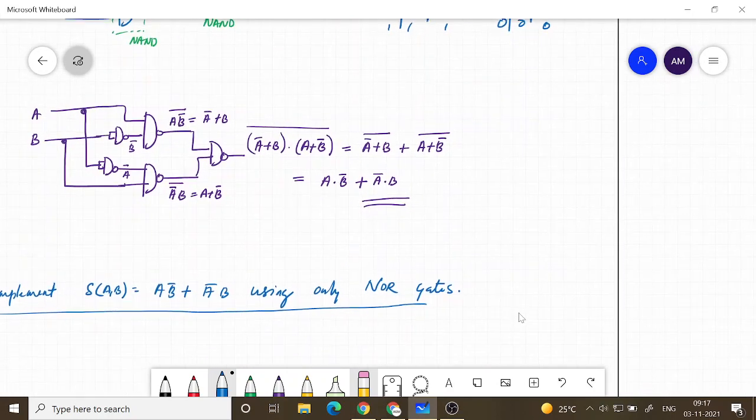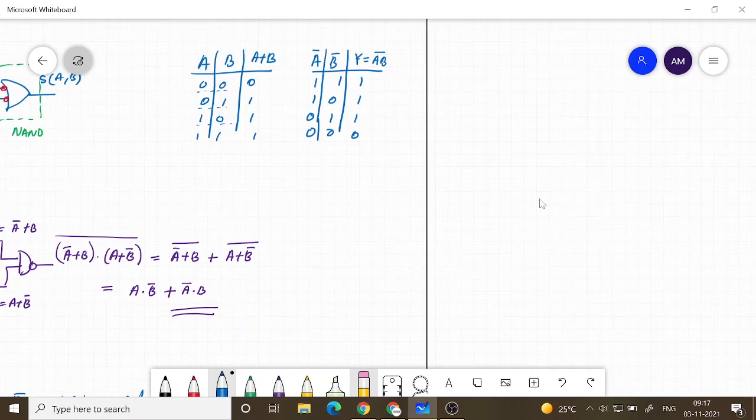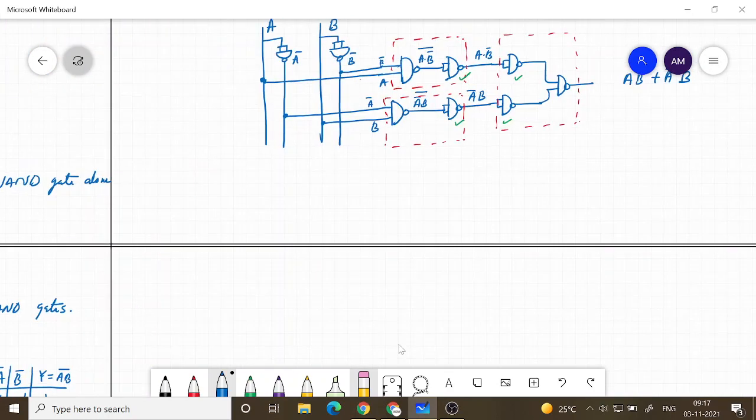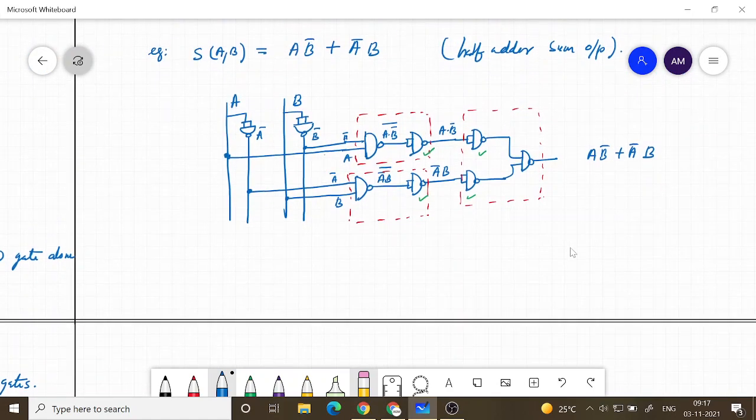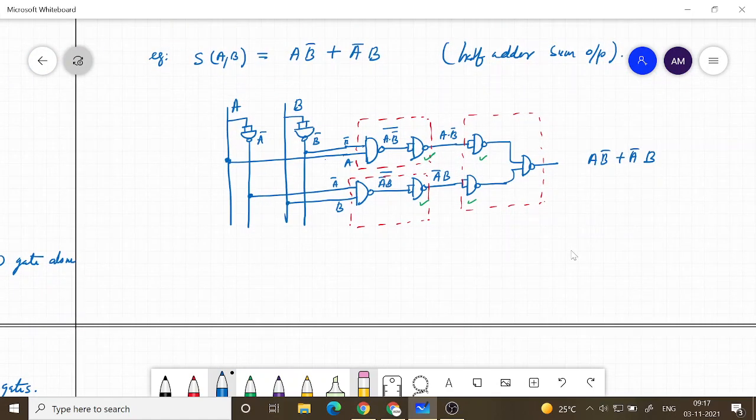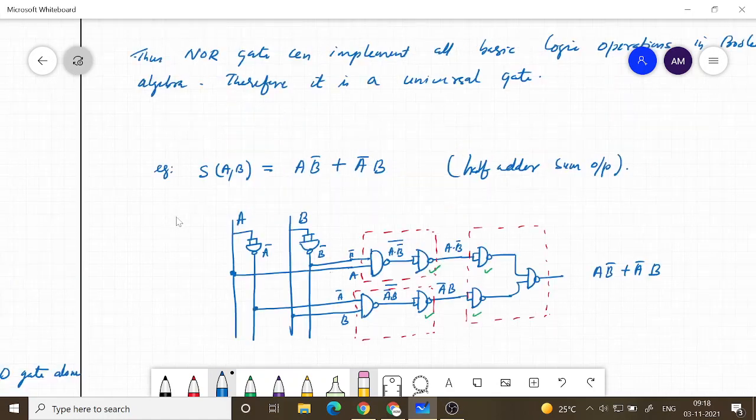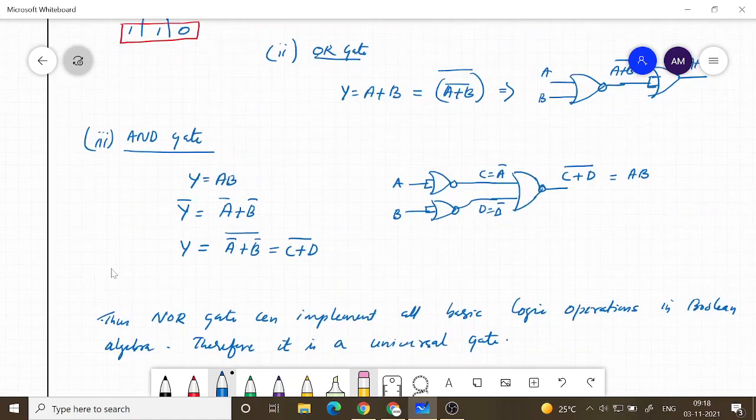Now again the first approach we have taken earlier, we can use here also. In the direct implementation, you replace the AND gate with the corresponding NOR gate implementation that we have found out. Just replace every AND gate, OR gate and NOT gate with the corresponding NOR gate implementation.